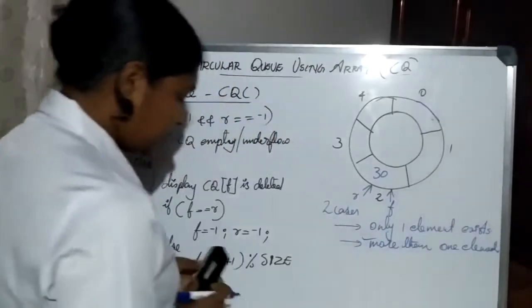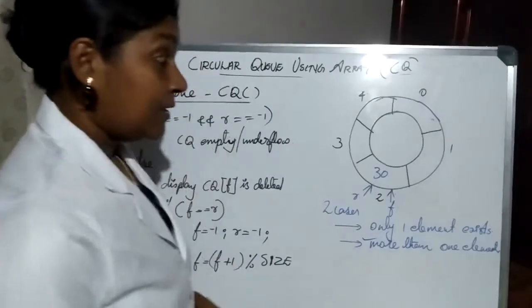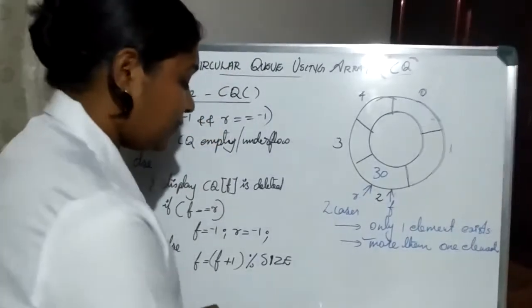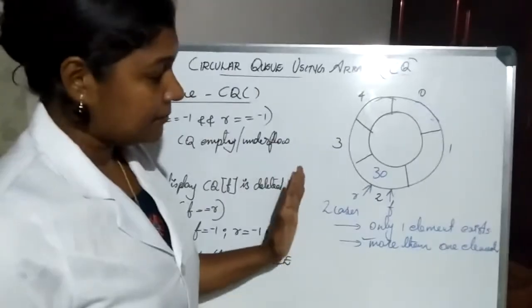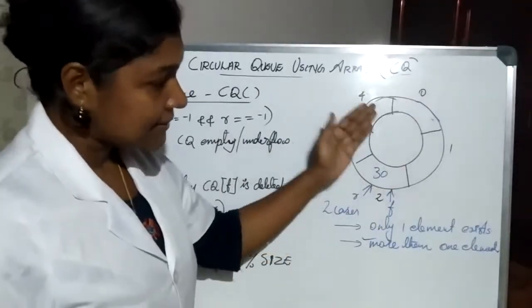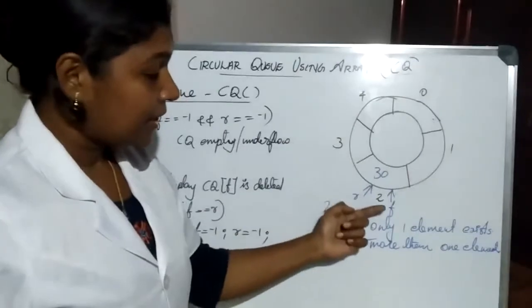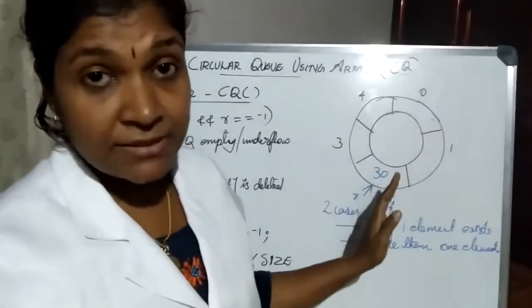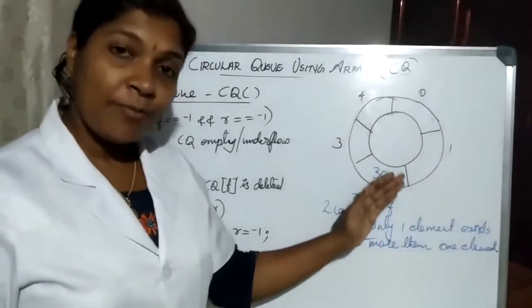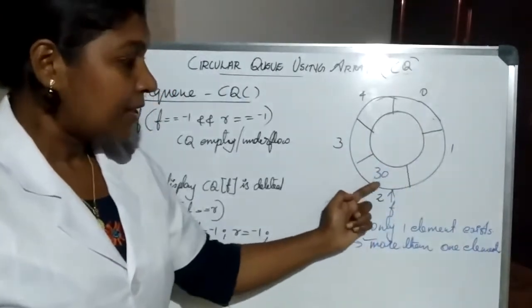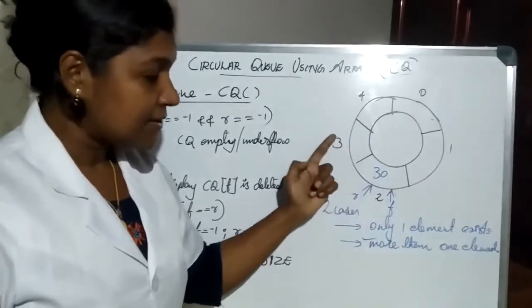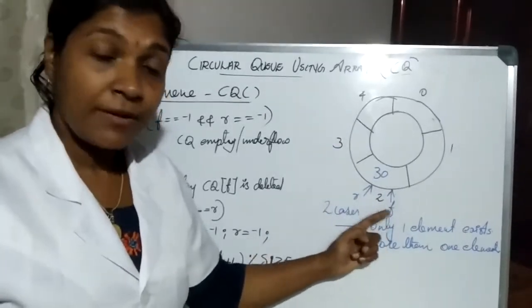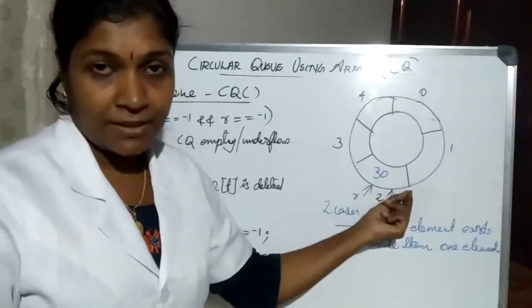And what is the status of our queue right now? Queue with a single element, right? So what is the condition, or what did you notice from this diagram? Whenever only one element exists in a queue, the front and rear will be pointing to the same position. So this case is the same as that of our DQ in a normal queue. If there exists a single element in a queue, then the rear pointer and the front pointer will be pointing to the same location.